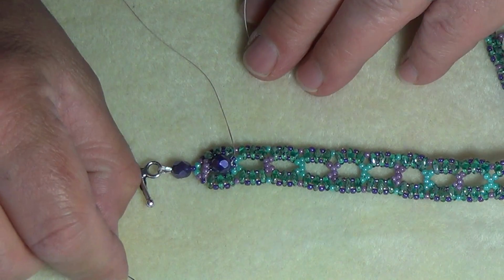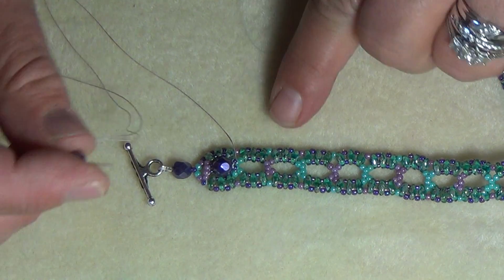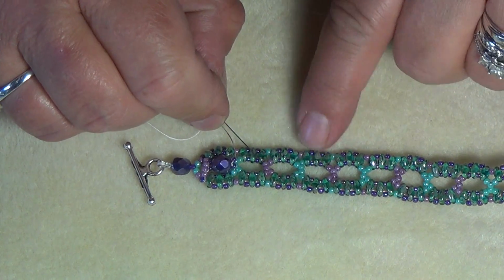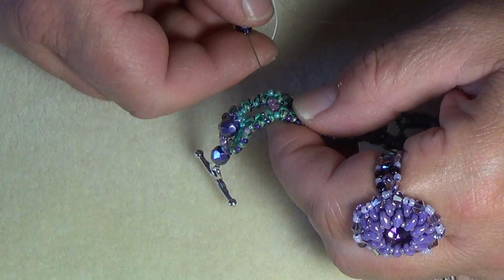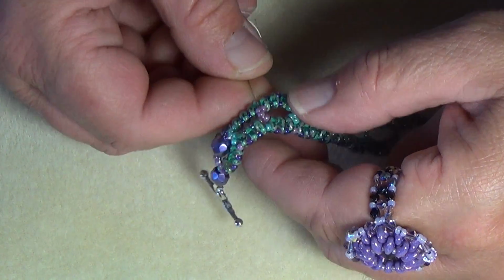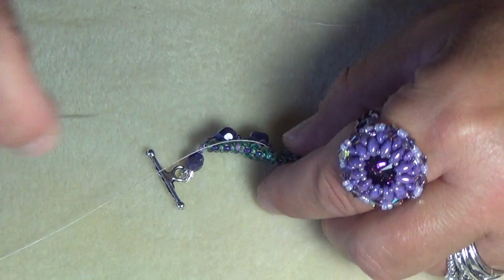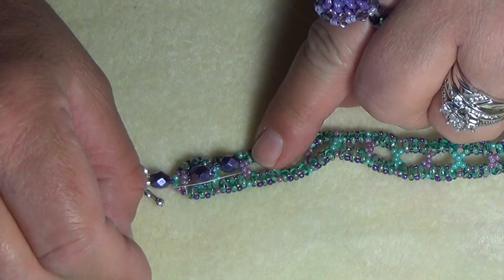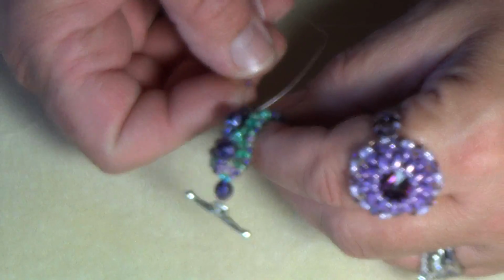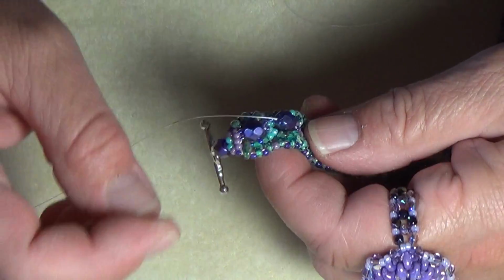Okay, pick up a 15-0, a fire polish, a 15-0. I'm exiting towards me, so I'm going to enter towards me. Oopsies, I forgot to put a bead in there. Very good, Ruby. Oh well, you ain't going to see it, I don't think. And then you're going to pick up another 15, exit back up through your fire polish, pick up another 15,